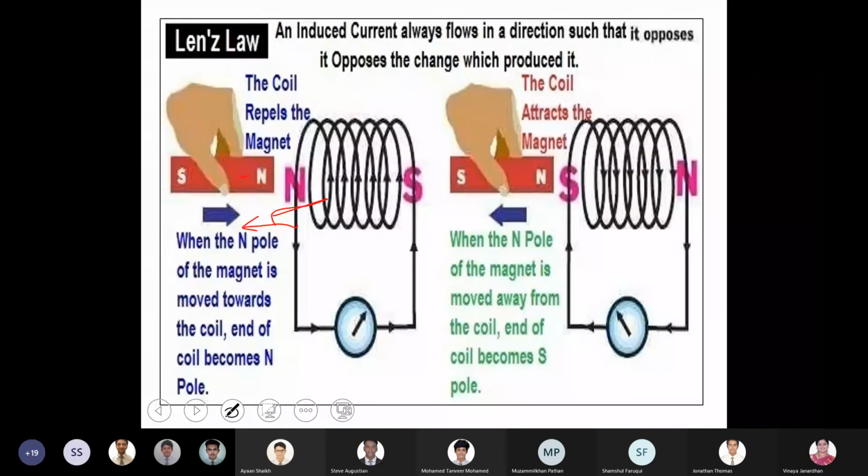Yes. Now look at this. This is the second law. An induced current flows in the coil. You very well know, whenever the magnet is moving near the coil, a current starts flowing in the coil. And such current we call induced current. Now the nature of the induced current is always to...